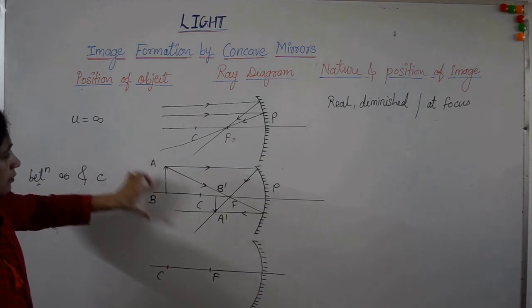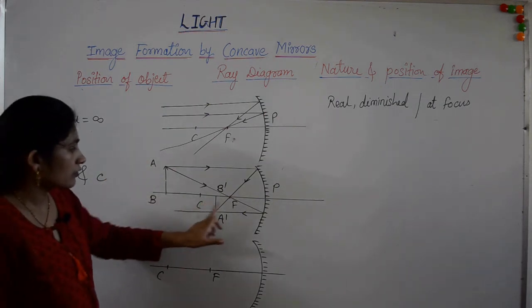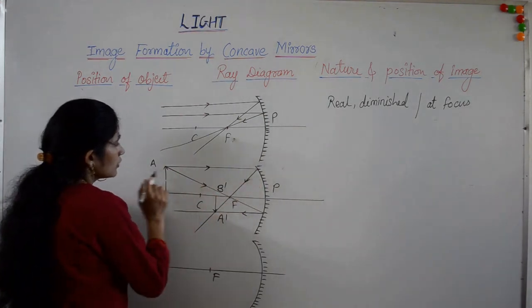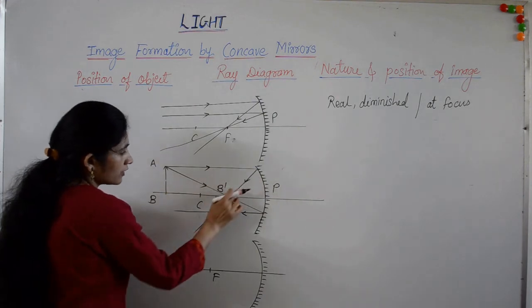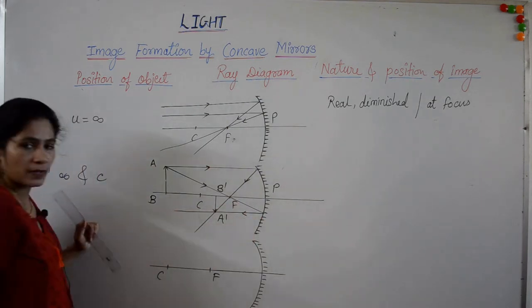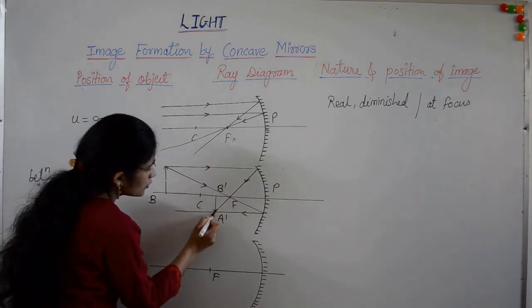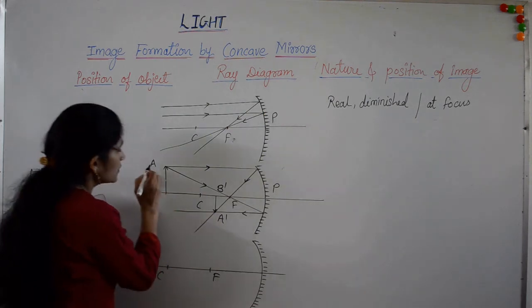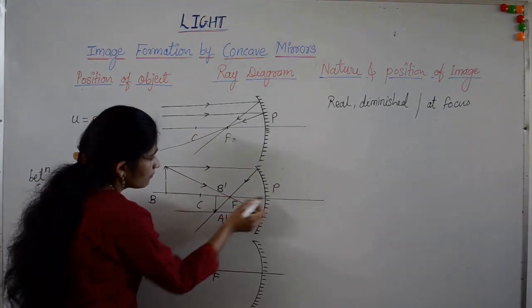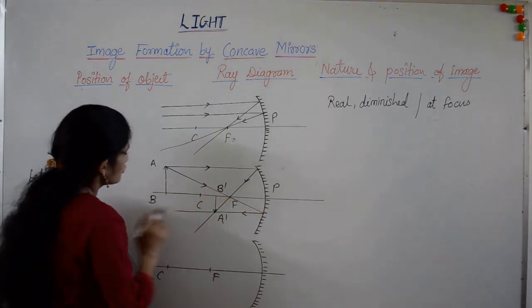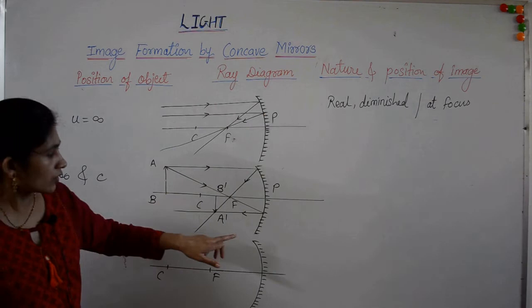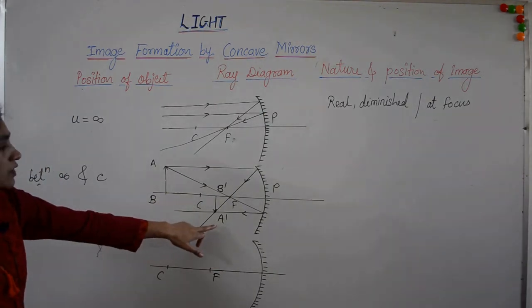So when the object is beyond C, then the image is formed between the center of curvature and focus. See, we have taken two rays, first parallel to the principal axis, after reflection it passes through the focus. Then the second ray we have taken passes through the focus, after reflection it goes parallel to the principal axis. Then these two rays meet at a point. This point is the image of point A. So we denote it as A dash, and then we have drawn a perpendicular to the principal axis. Now this perpendicular shows the image of object AB, which is A dash B dash. Okay, now can you tell me the nature and position of the image from this ray diagram?